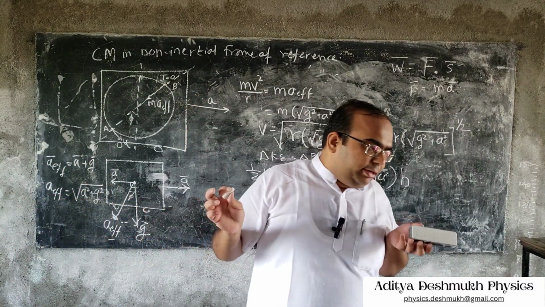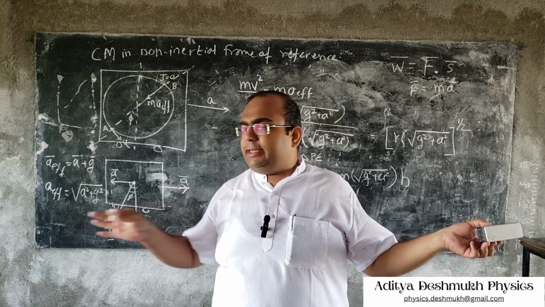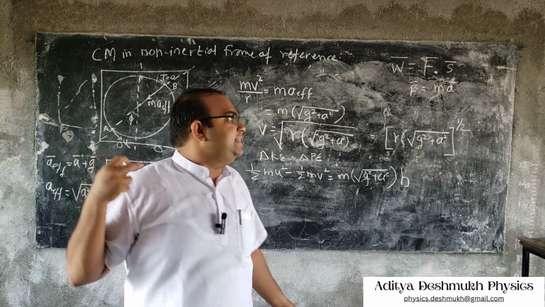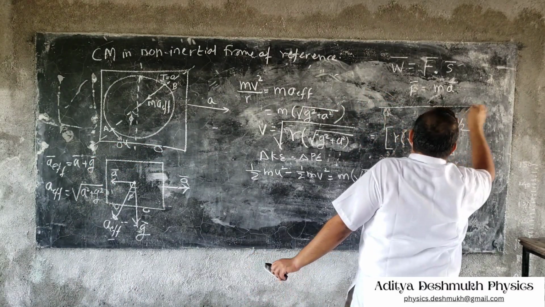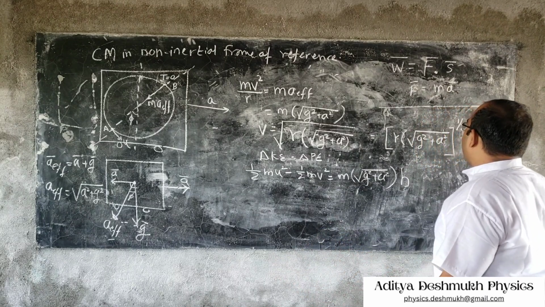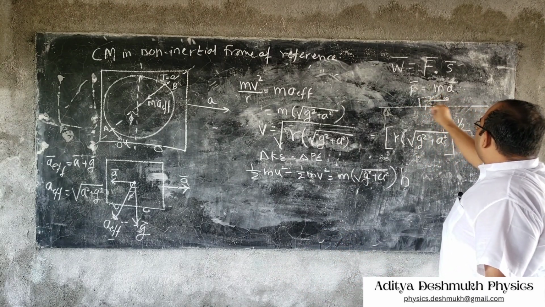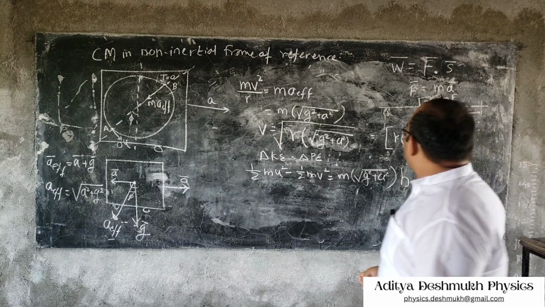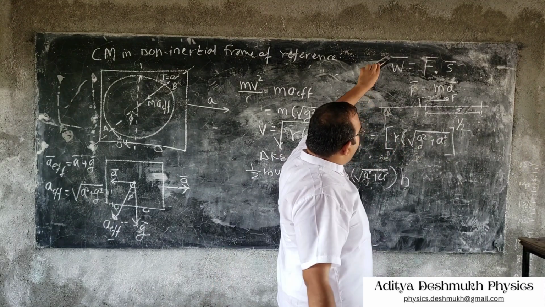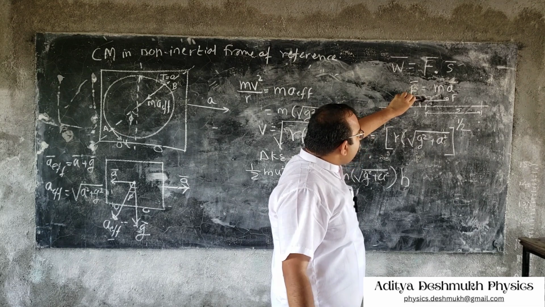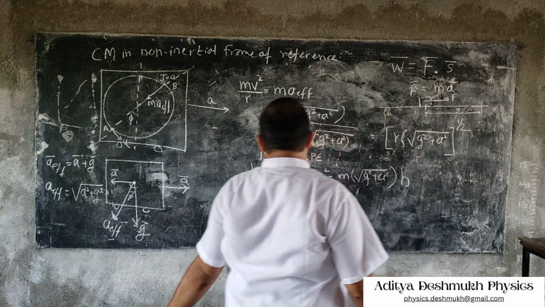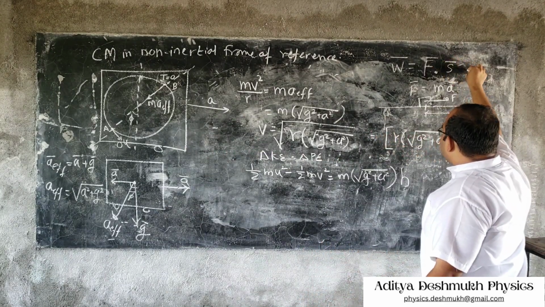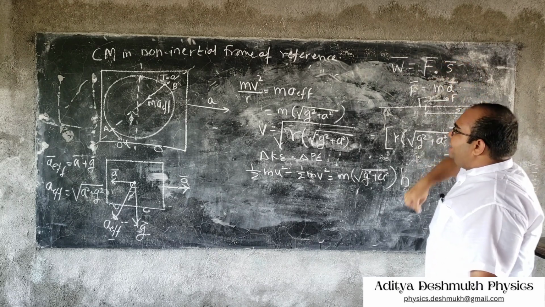That means the directions of displacement and acceleration will be opposite, but still they will be along the same axis. We saw these examples in 1D motion: there is a force and some displacement happens. So in this case, what we are seeing for work, if they are along the same direction,